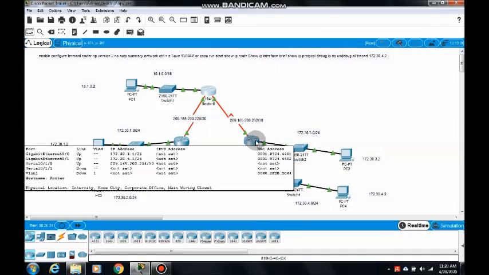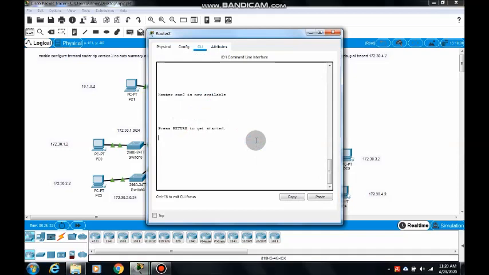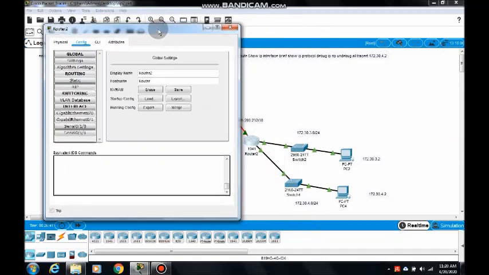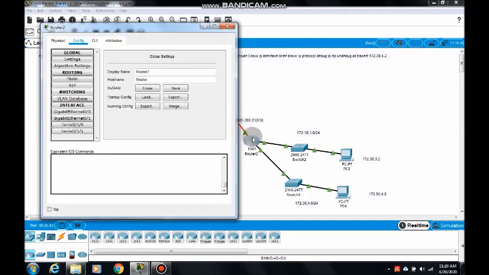Okay, next check router 2. Here also we have 4 interfaces, but only 3 interfaces are connected with the other network. So the serial interface is connected with the 232 network, and the gigabit Ethernet interfaces are connected with the 3.0 network and 4.0 network.